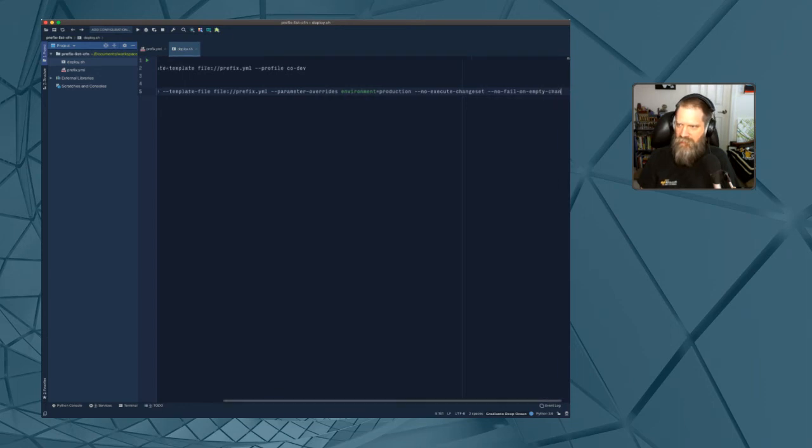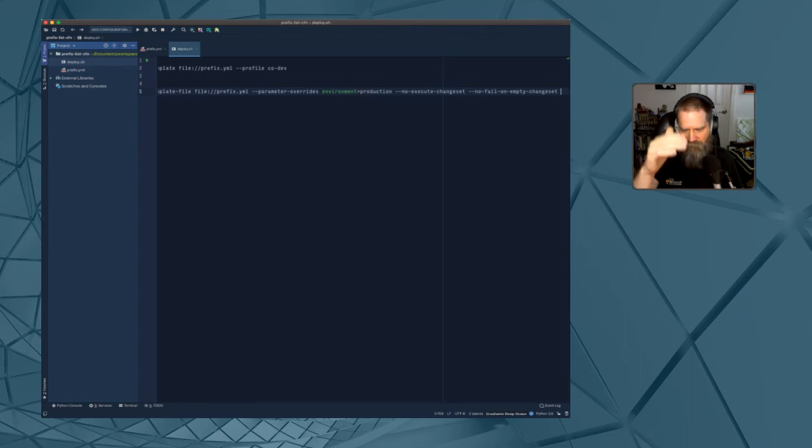Now we don't really need this in this particular situation, but if we were putting this in a larger CI script in our GitLab deployment where we're going through and saying, okay, deploy the VPC, then deploy the security groups, then deploy, I don't know, the databases, let's say, the RDS DB instances. And we've deployed that all already. So we've got the infrastructure all set up, and we want to make a change to, I don't know, a security group. If we didn't have the no-fail-on-empty-changeset, what happens in the CI script is,